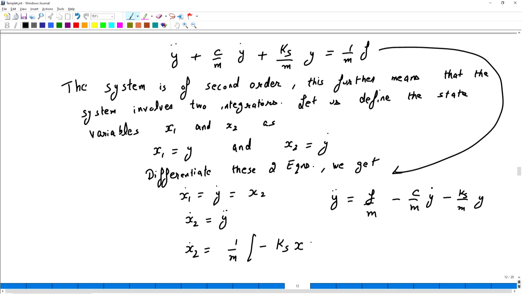See, I'm transforming these equations to X1 and X2, new variables. Minus Ks into X1 minus C, Y dot is X2. So we write here minus C into X2 plus F.